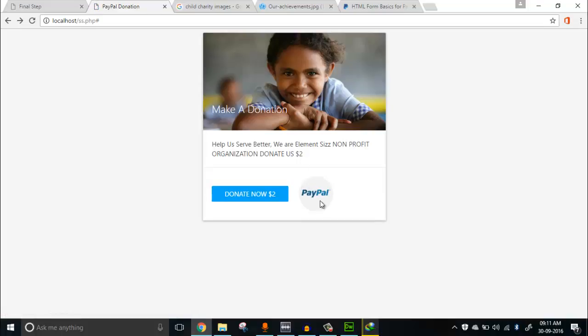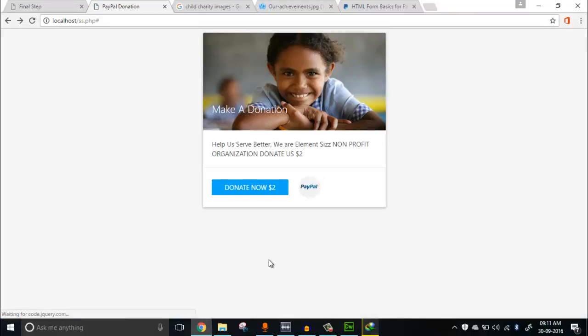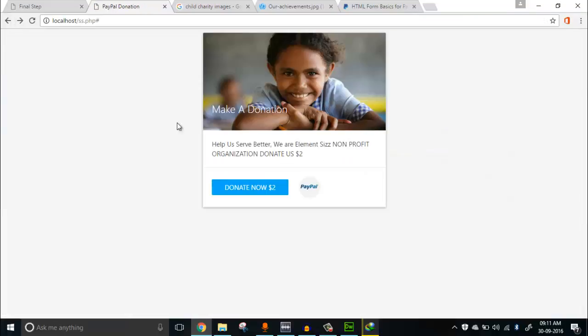logo right here, and you can still make it smaller just by setting it to 50 or something. It's gonna look better. Donate now, PayPal. It's kind of a matter of convention. You can add to that, like it's powered by PayPal or something. So this is how you're gonna make a nice